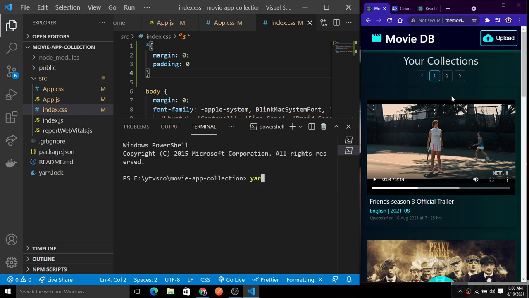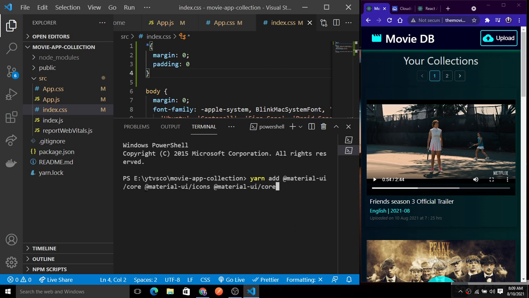If you are using npm, you can do npm install. I'm using yarn, so I will do yarn add, and here I will add Material UI core. Similarly, we can copy this and paste it here, and instead of core we need icons.